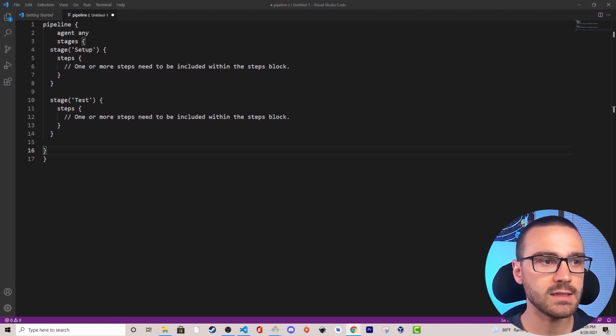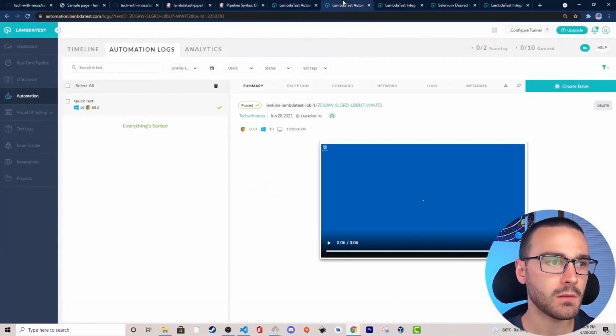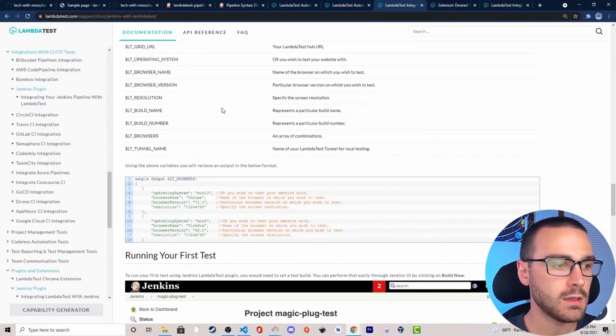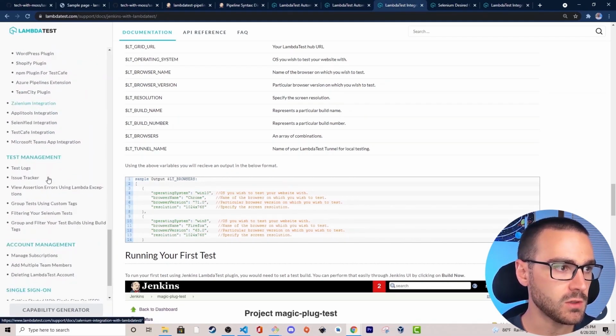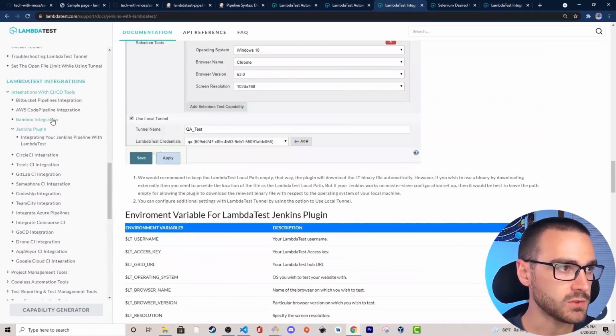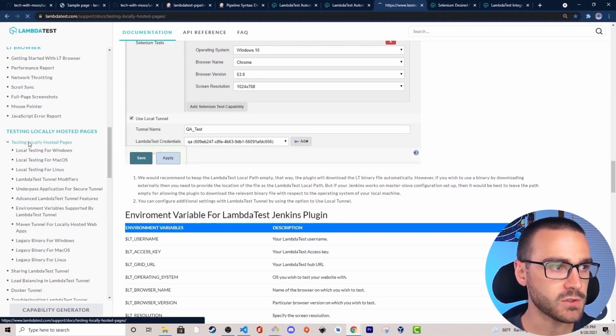So we need to get the download URL of the Lambda test tunnel, and I'm going to navigate back to the Lambda test documentation. And from the Lambda test documentation, I'm going to scroll down to the testing locally hosted pages section. And if I select the first link here,